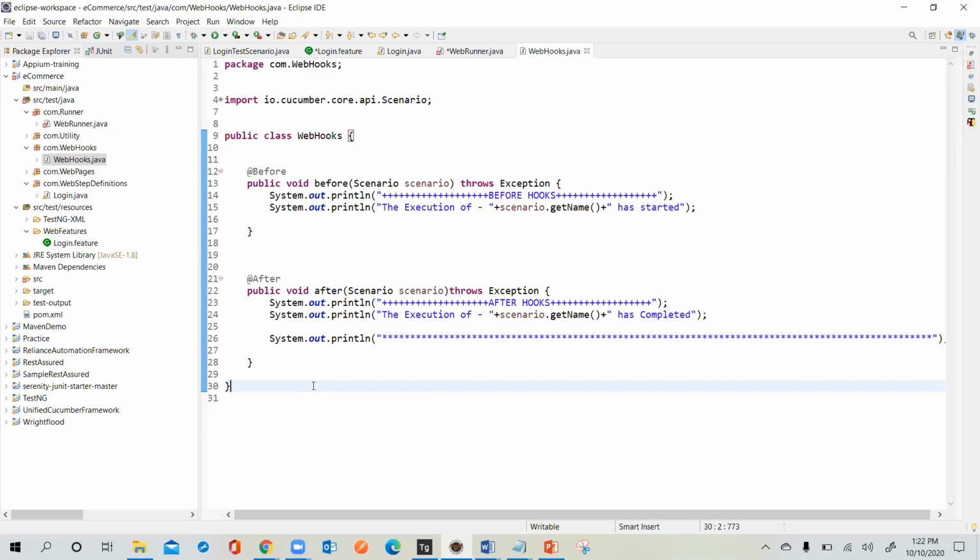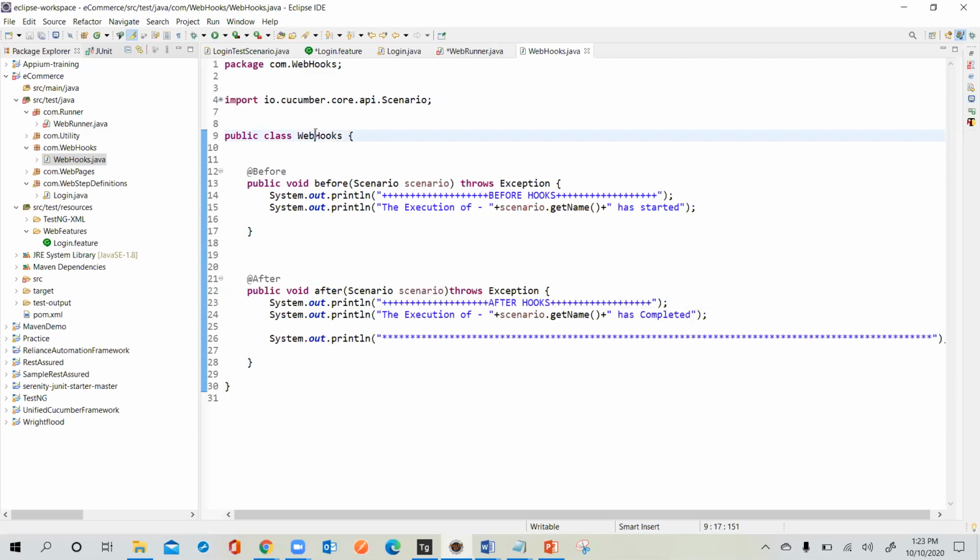It means it will start the execution of the suite once, and at the completion of your execution, it will complete. Whereas the Background keyword executes like a before method, before every scenario. So this is called webhooks or Cucumber hooks. We should call it Cucumber hooks, not webhooks, because even in APIs and everything else it comes up; it's Cucumber hooks over here.